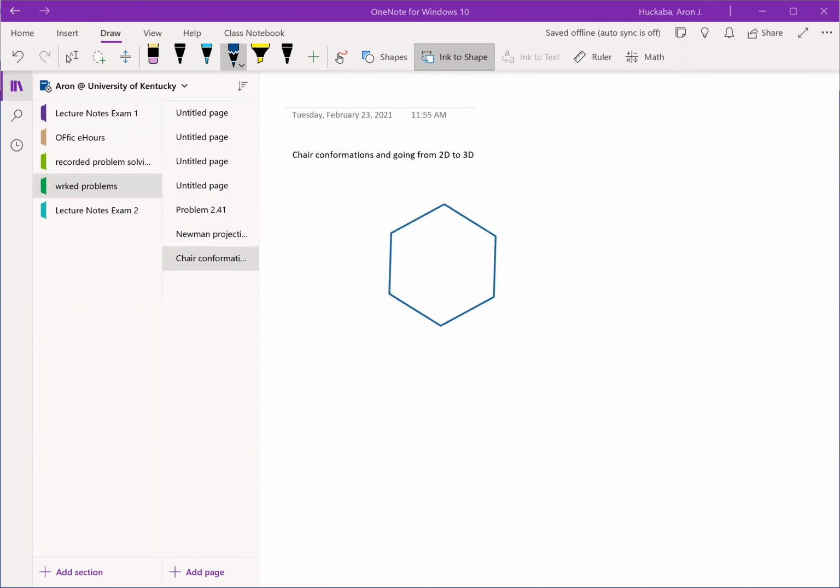Hello and welcome to a short tutorial on chair conformations and how to go from a 2D structure to a 3D structure. All right, so before, what we talked about is that in cyclohexane chair conformations, what you have is some structure like this, and it has hydrogens either in axial positions that are perpendicular to the two carbons that make up the seat of the chair,